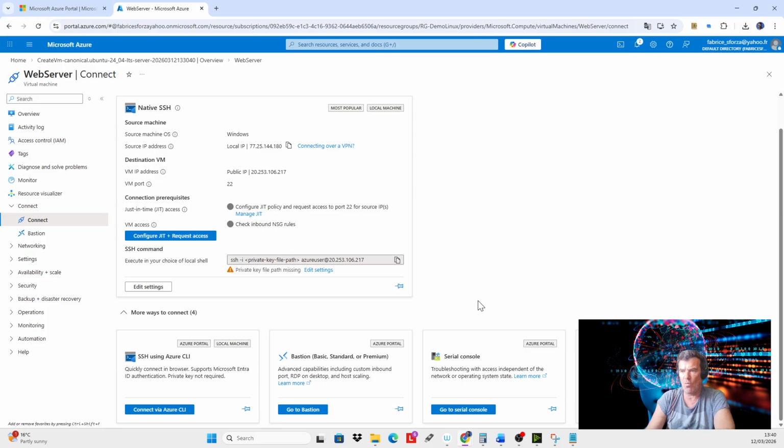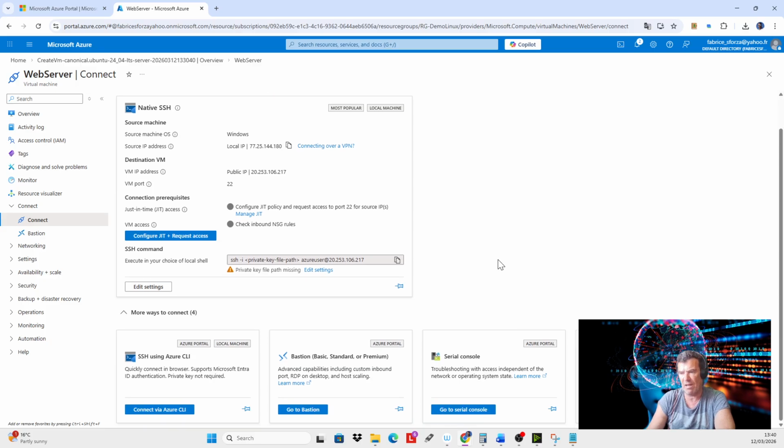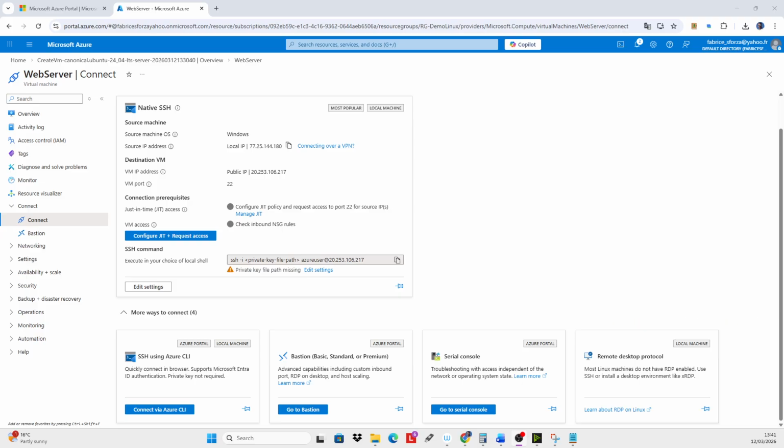Okay, so you have a lot of ways to connect to your VM. That's really very good. That's something that I really like because you can directly connect by all these ways, and that's very nice to be able to see how you can connect directly with this VM. Okay, so let's stop my recording.